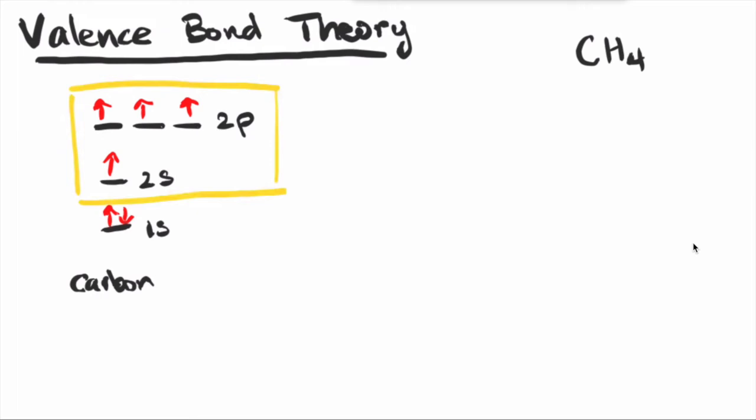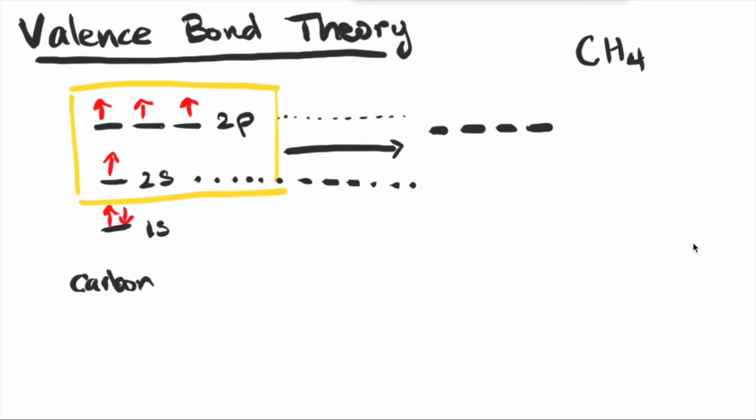We take one 2s orbital and three 2p orbitals and mix them together. The word hybridize means to average out these orbitals. Because we are hybridizing the orbitals, it will be part 2s and part 2p character. Because there are 3 p orbitals contributing to the new hybridized orbital, it will resemble more of the p orbital. And since it's an average, the energy will be closer to the p orbital.